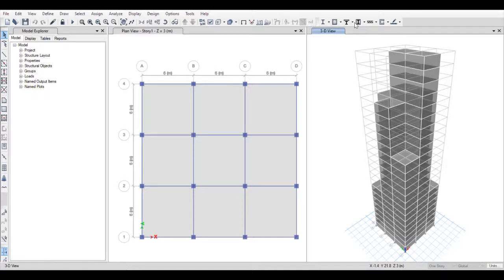As you can see, it is in mm per second square. Now again go back to define load cases, as initially we had defined a response spectrum. Go to it. Now you will see acceleration. Now there is a formula Ig by 2R which we will be using for calculating the acceleration. After calculating that Ig by 2R,